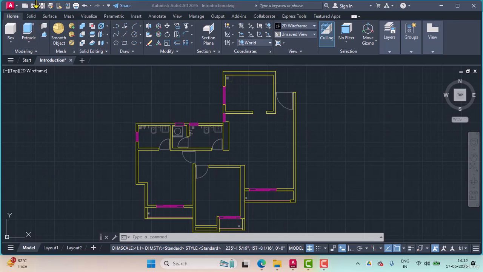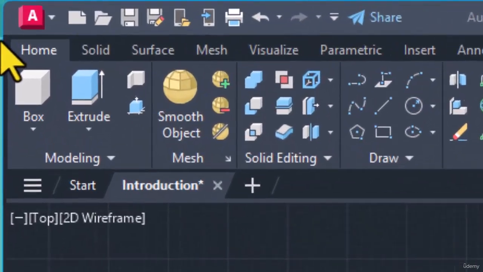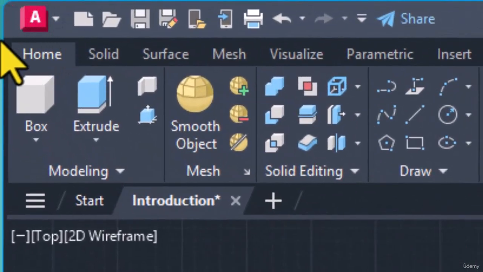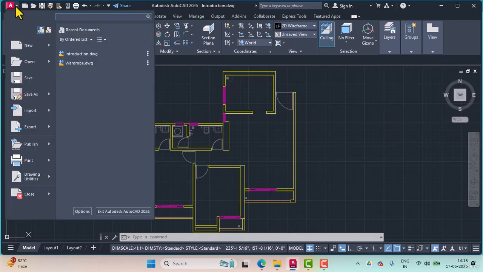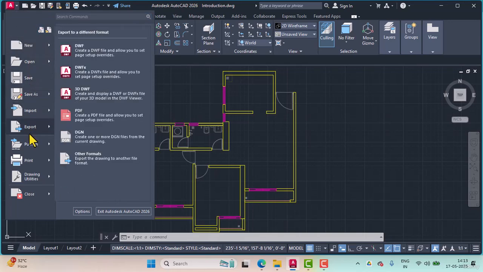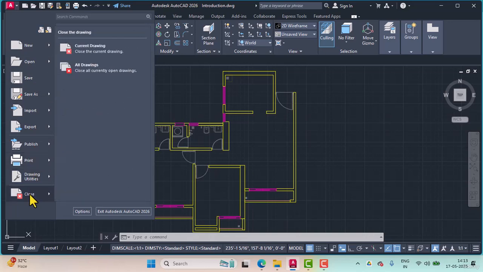In the top left corner of the screen, over here, you see the red A. This is called the application menu. It also has a flyout, and you can invoke it by clicking on this drop down arrow. The moment you click on that, you will see a menu which gives you options like new, open, save as, import, export, publish, print, drawing utilities, close, options, and exit AutoCAD. So this is the application menu and you will find it in the top left corner of all the new